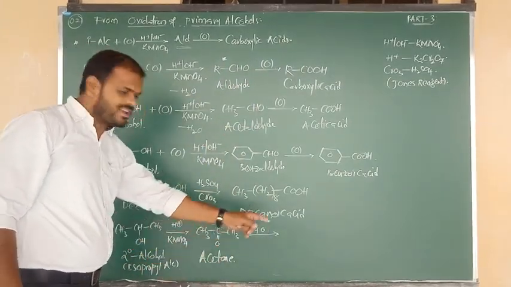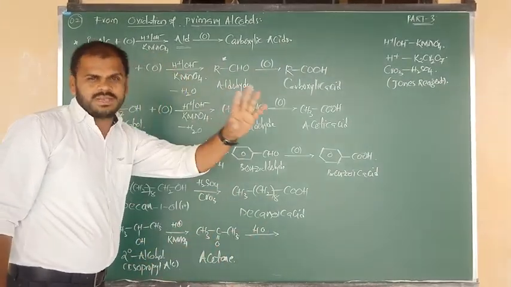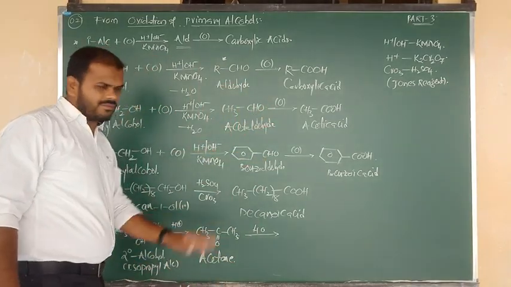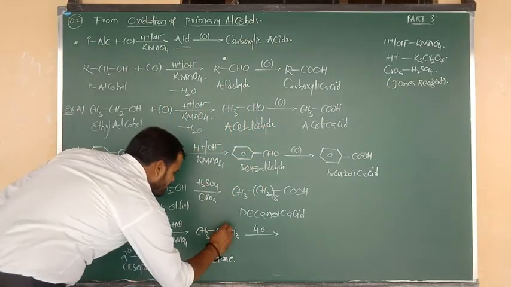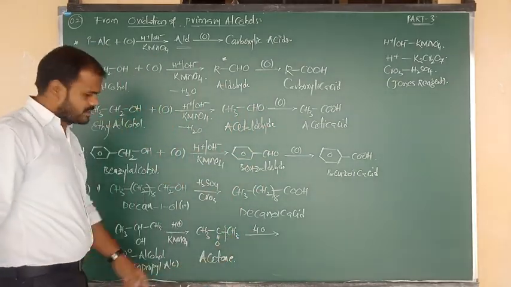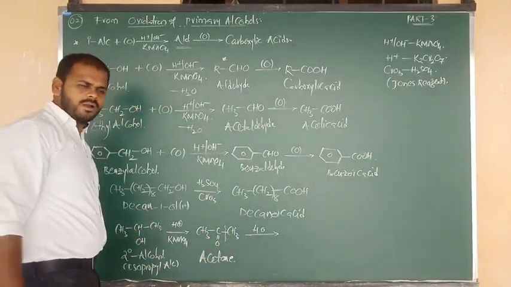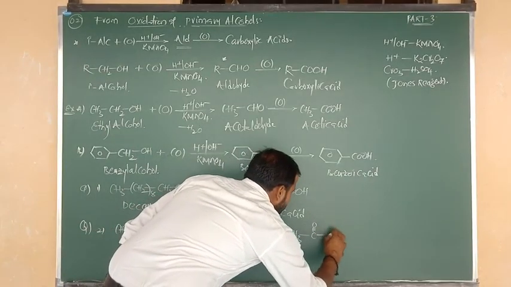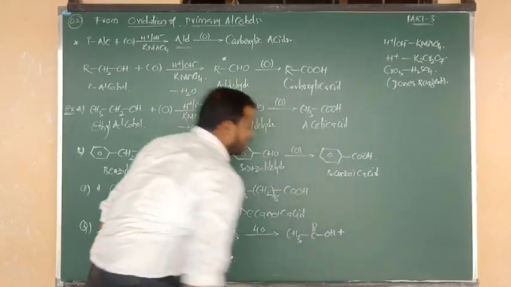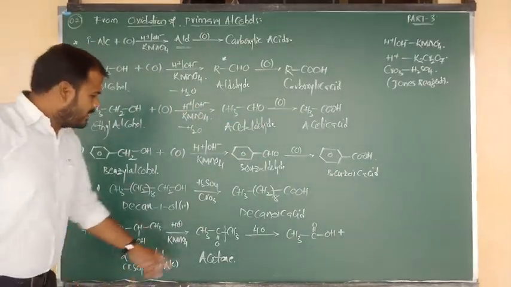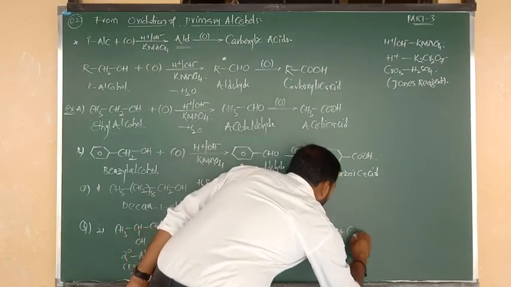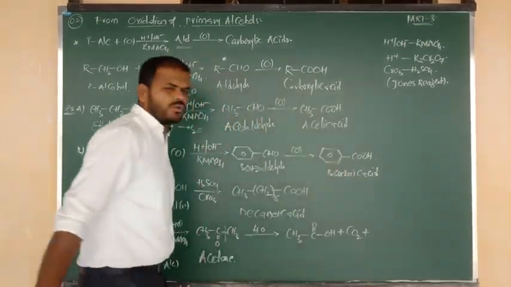But from ketone we will get a mixture of carboxylic acids. Already I have told you in the topic of ketone, but shortly one equation I want to show you. First suppose bond breaking takes place. CH3 bonded to C double bond O, that group has to be converted into acetic acid. I have written acetic acid. The remaining is a CH3 group, in which one carbon is there. That carbon we have to remove in the form of CO2 gas.